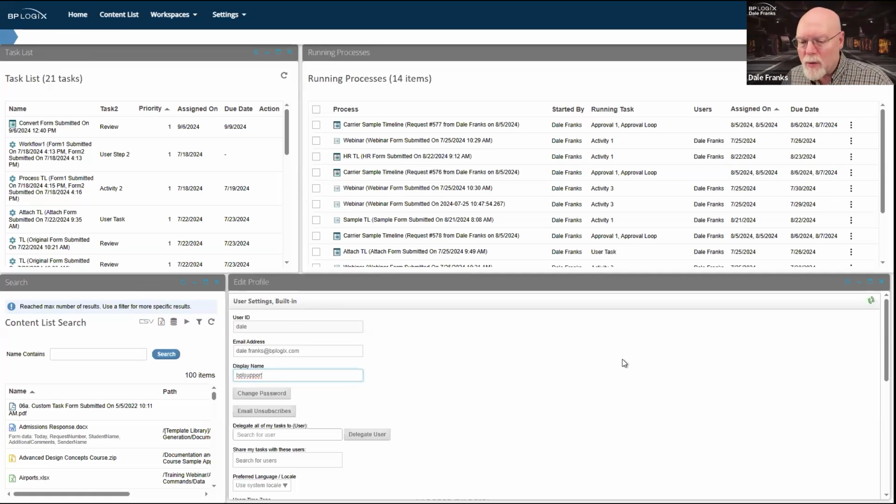But now this is customized to me. This is not going to refresh. It's not going to change. It's not going to go back and overwrite my settings. It enables me to perform some customization here.